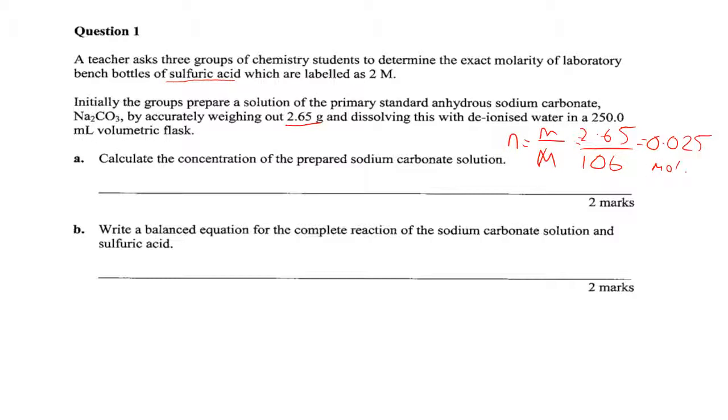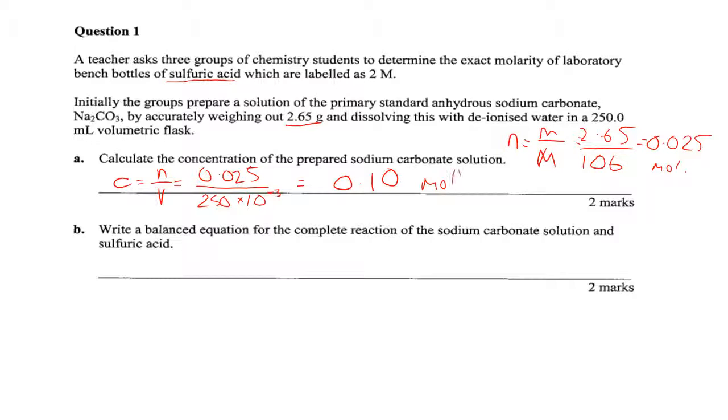And then to get our concentration, c is n over V. So we're just doing 0.025 over 250 times 10 to the minus 3, because we've got to be working in litres. And we get a concentration of 0.10